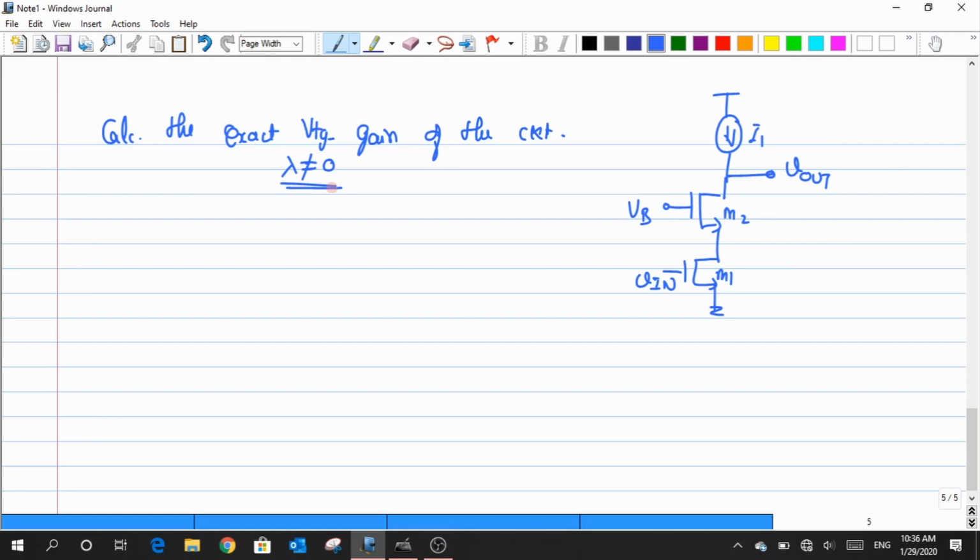But output impedance is, I think, pretty easy for us to compute. But the point is, what about this GM? That is where the